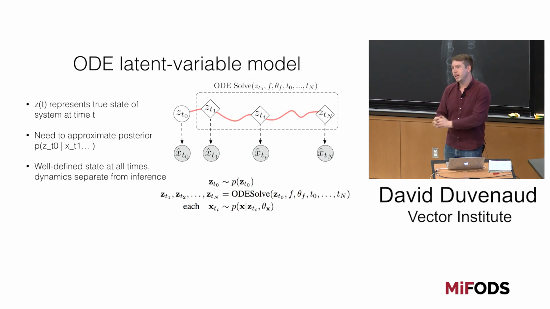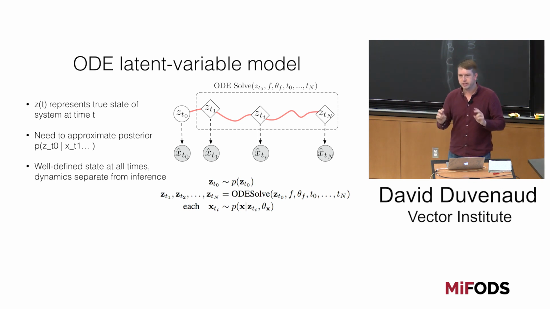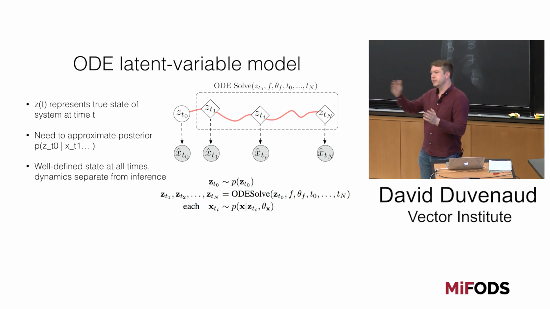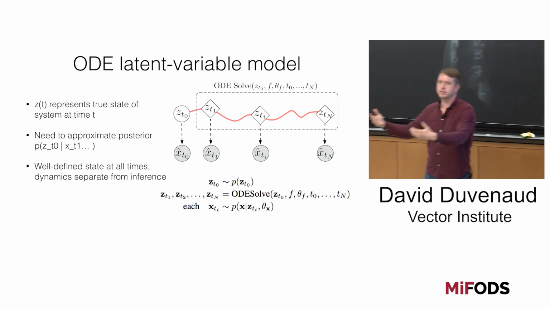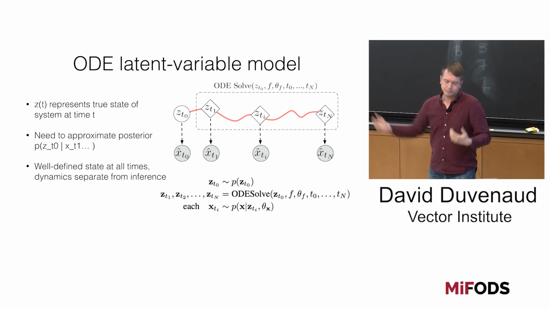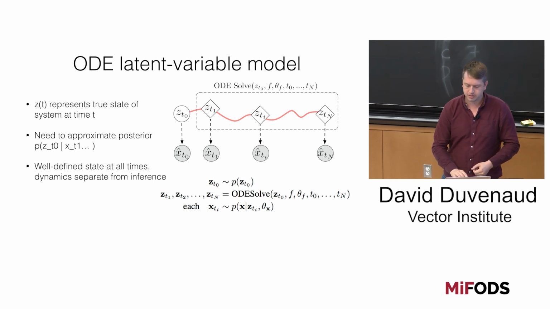So the first stab that my group and I took at dealing with irregularly sampled data by having continuous time models was this ODE latent variable model. The basic idea here, for those of you not familiar with graphical model notation, is that this circle means that z at some time 0 is a random variable. We're uncertain about it. Then we specify f, the dynamics of this latent state, and we can use some ODE solver to deterministically evaluate the entire trajectory of their latent state, let's say of this patient. And so these diamond nodes mean that these are deterministically determined by the z at time 0.